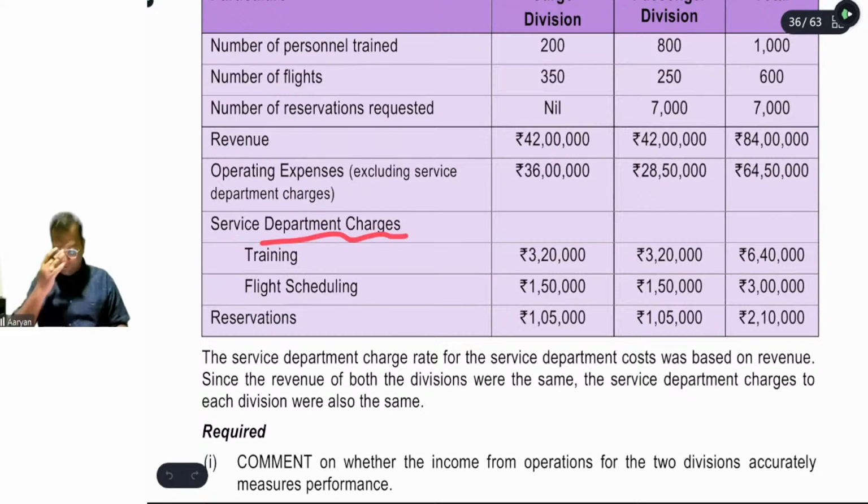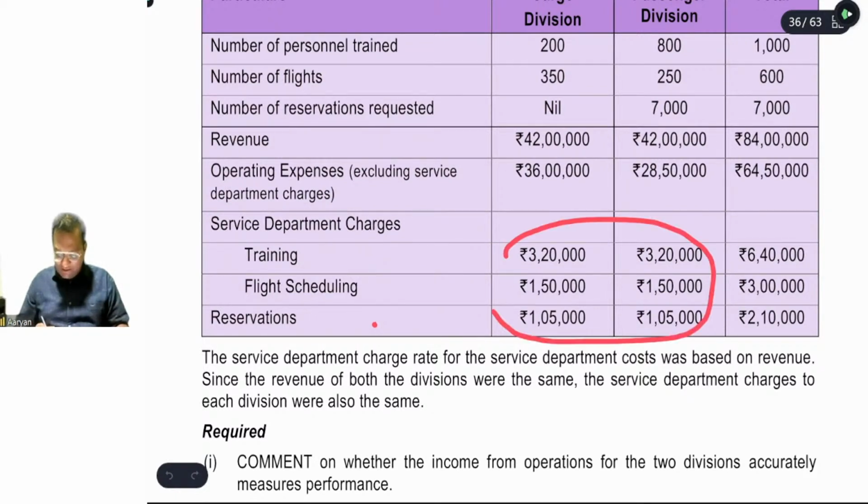Service department charges. अब आप देखिए बेटा, तीन टोटल खर्चे हैं सर्विस डिपार्टमेंट के: ट्रेनिंग, फ्लाइट शेड्यूलिंग एंड रिजर्वेशन, है ना. इन तीनों को आप एनालाइज कीजिए एंड टेल मी द कॉमन पॉइंट अमॉन्ग देम. बेटा जो मैंने सर्कल लगाया हो ना, वहां से मुझे कुछ कॉमन पॉइंट बताइए बेटा. सर्विस डिपार्टमेंट कंसिस्ट ऑफ 3 कंपोनेंट: ट्रेनिंग, फ्लाइट शेड्यूलिंग एंड रिजर्वेशन. वॉट एवर आई हैव सर्कल्ड, टेल मी द कॉमन पॉइंट ऑफ दैट सर्कल. क्या आप इंटरप्रिटेशन कर सकते हैं ऑफ द न्यूमेरिकल डेटा गिवन इन द सर्कल? बताइए बेटा.